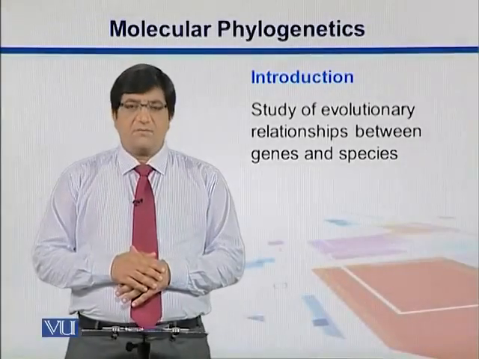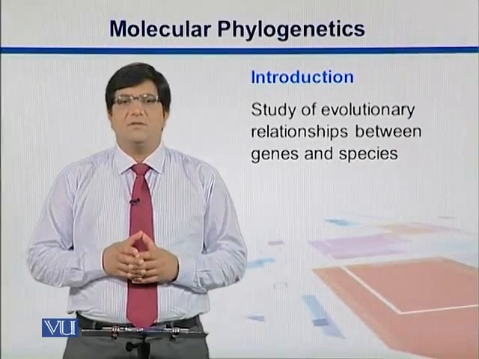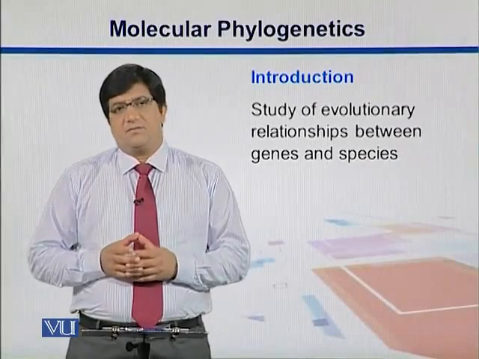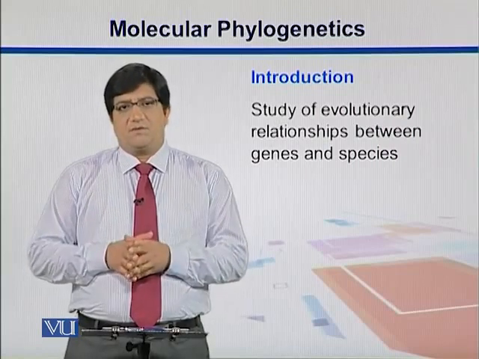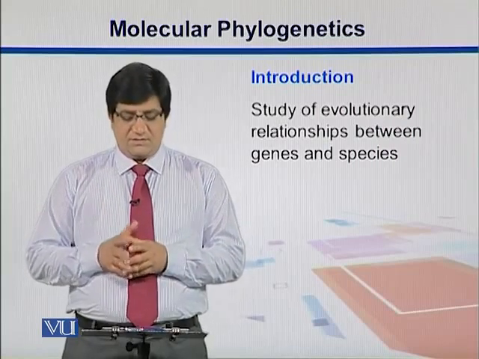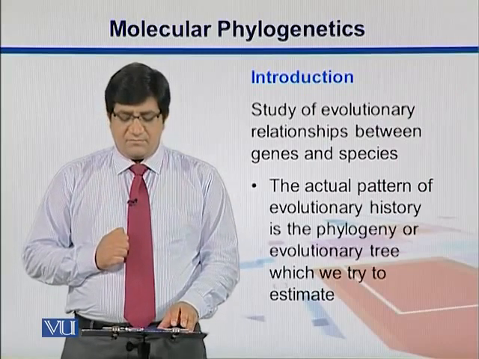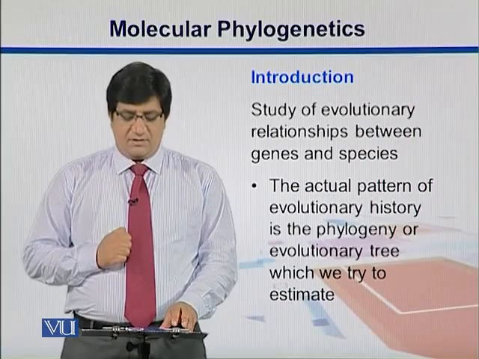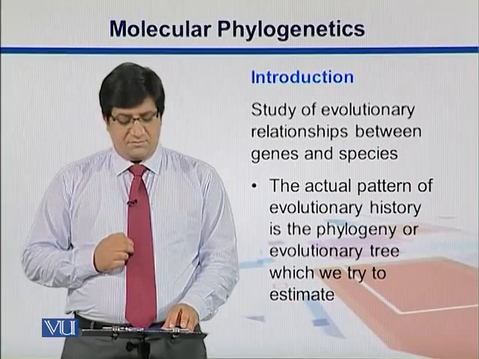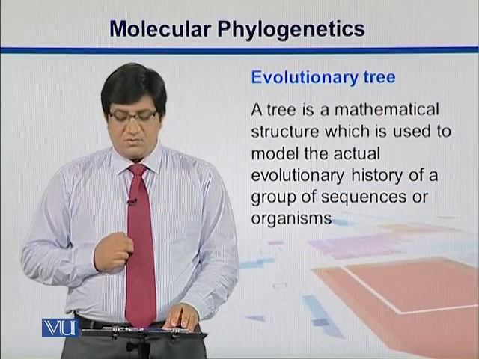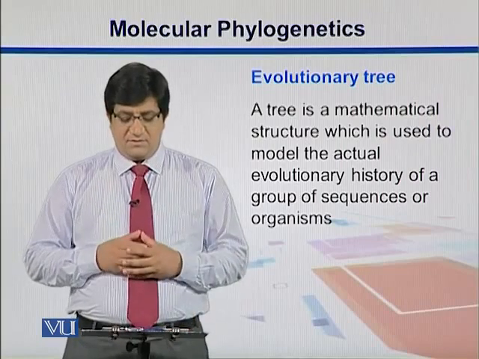Let's look into molecular phylogenetics, where we look into the relationship between the species and the actual molecular units from which this evolution passes through, or from which this evolution is carried into the next generations, that is the genes. So the actual pattern of evolutionary history is the phylogeny or evolutionary tree with which we try to estimate. So a tree is a mathematical structure which is used to model the actual history of a group of sequences